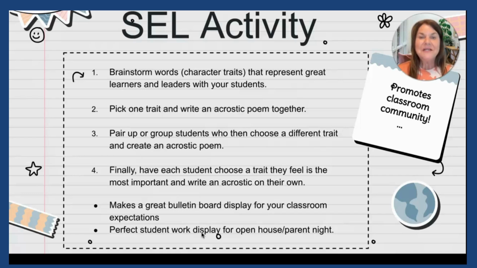From there, I'll gradually release the assignment and ask individual students to choose the one trait they feel is most important. I'll have them write their acrostic poem on a white sheet of paper and then decorate it. Now here's where the beautiful part comes in. We'll share those out. This gives me an immediate opportunity to praise students for word choice, for great writing, and really get the positive energy flowing in the classroom. Then, as a result, you have a set of 20 to 25, whatever your class number is, copies of character traits that you can use to create an evergreen bulletin board.